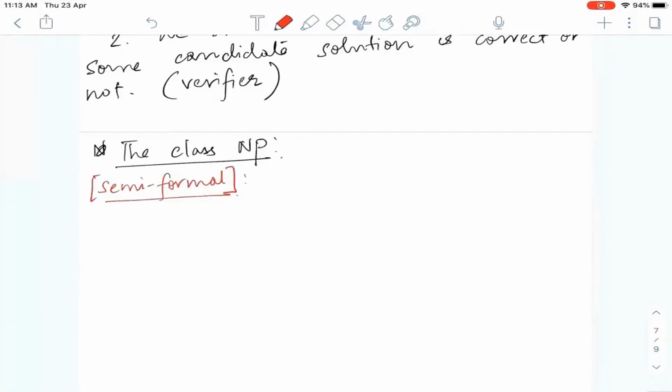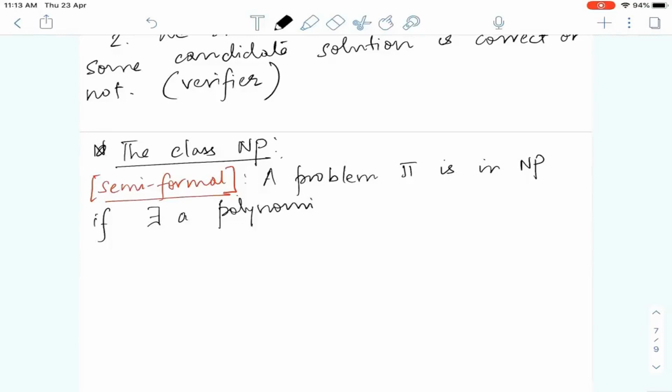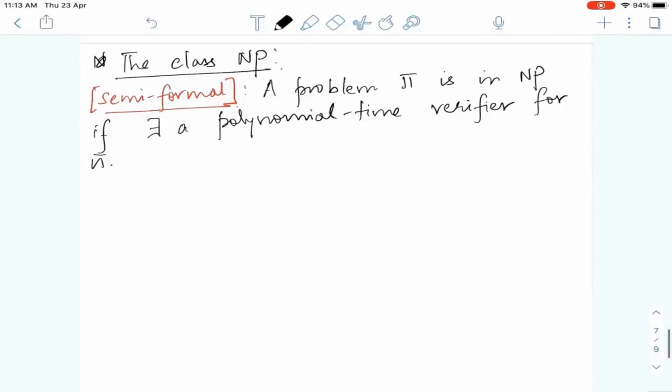Right. So problem pi is in NP if there exists a polynomial time verifier for pi. Okay, so what is a polynomial time verifier? So a polytime verifier is